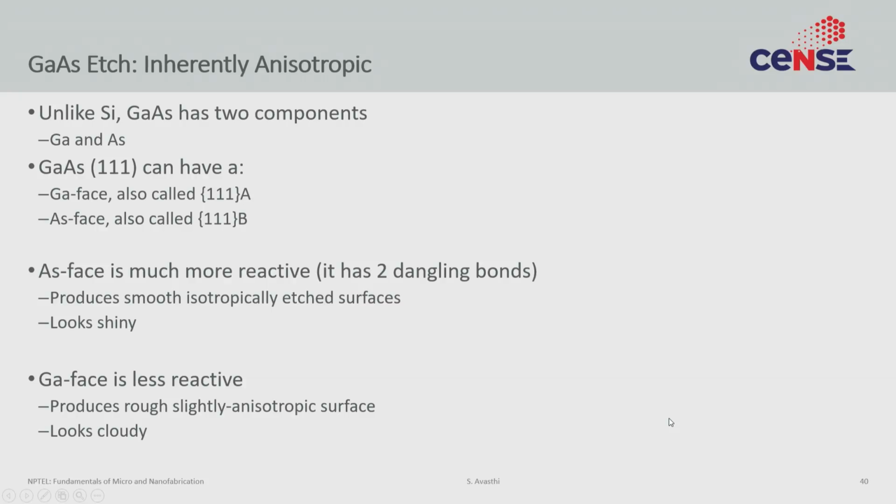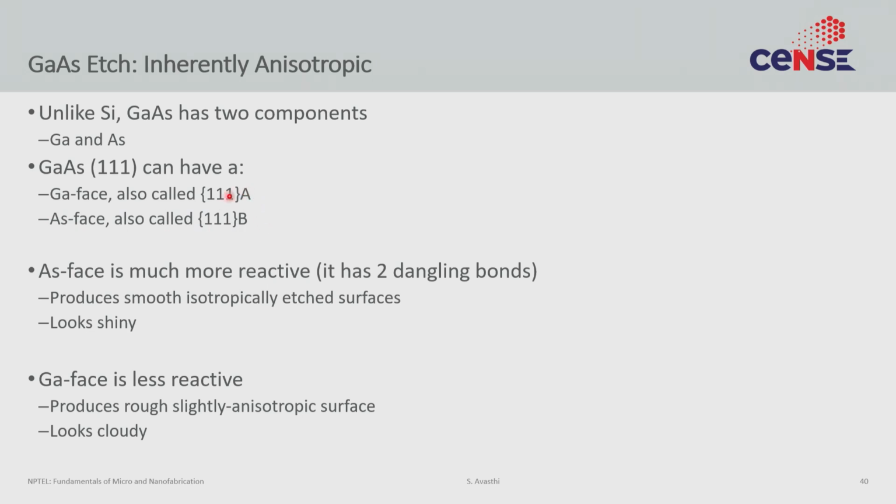Now, the thing to understand about gallium arsenide, and hence which can probably be generalized to most compound semiconductors, is that the etches become fairly complex if the chemistry of the material is fairly complex. So for example, if you look at this slide, we are looking at the canonical etch for gallium arsenide. And because gallium arsenide is made of 2 elements, which is gallium and arsenic, by the way, let me grab my pointer real quick. Because it has both gallium and arsenic, a typical phase of gallium arsenide 111, for example, are not created equal. You can have a gallium phase, which is often called 111A, or you can have an arsenic phase, which is often called 111B.